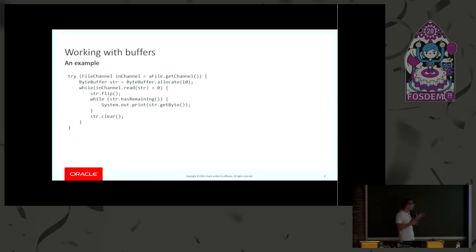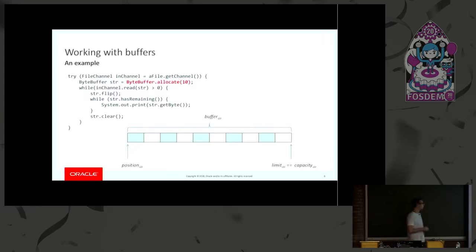This is a very typical example of ByteBuffer usage. Basically, we want to read the contents of a file channel into a ByteBuffer, and then we want to do a loop to read all the characters that we've read from the buffer. So when we allocate the buffer it will be empty at the beginning. Two notable things. We have quite a bit of variables here. There is a position, which is initially set to 0, and then there is a capacity, which is essentially how big this buffer is. In this case, it's 10 bytes.